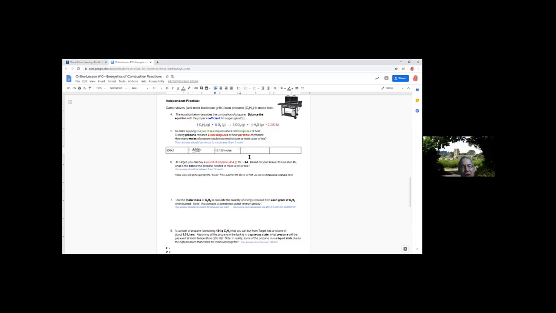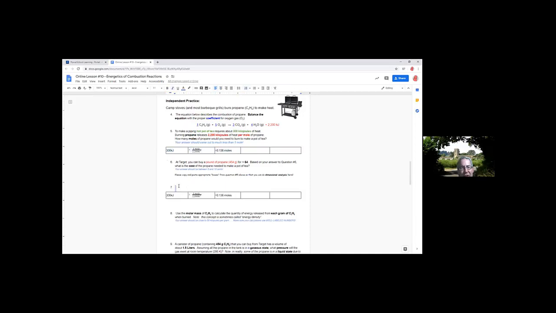Then I will ask you to try to continue dimensional analysis on number 6 and 7. At least 6. 7 doesn't have to be dimensional analysis, but 6 should be. So as it says, please copy and paste appropriate boxes from question 5, because you can kind of see, you always start with a box, and then you have a conversion factor, and sometimes you need 2 conversion factors. To go to insert table, correct? No, just copy it. Just highlight it and Control C and Control V. Like that? Yeah, exactly. There you go, and you have to get rid of the 7. Just backspace to get rid of the 7.